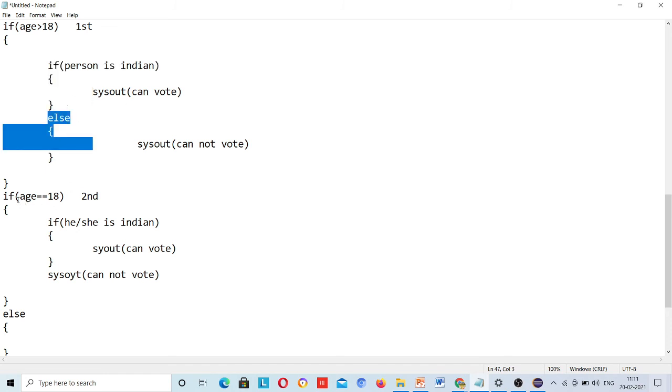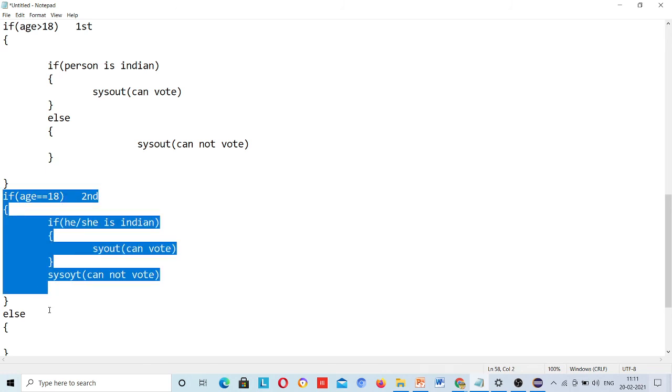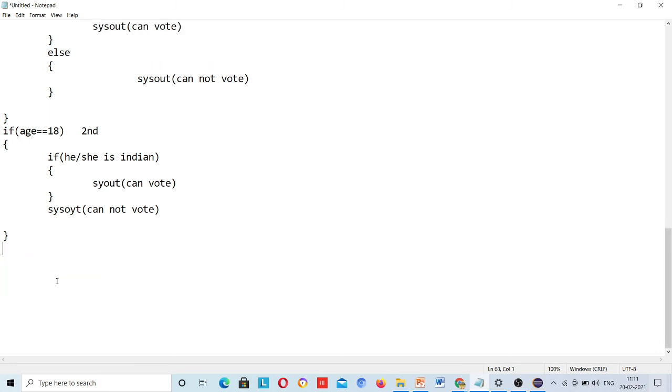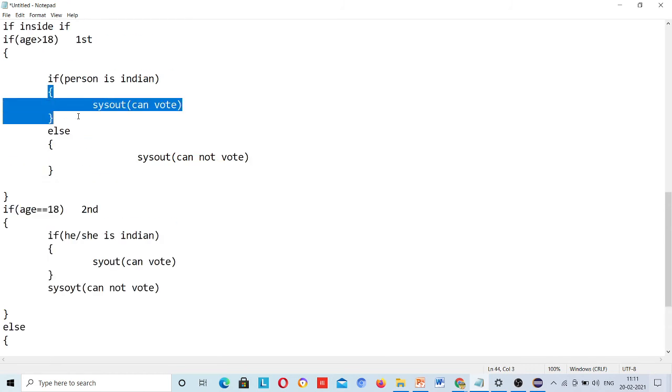Okay, if age is equal to 18, of course if age is greater than 18, then it will not be checking for this condition. Okay, but it will come here in the else part. You need not write this, right? Because if you write this else part, then of course it will be no, he cannot vote, because age is actually equal to 18 and came inside this if or this if. It's a lot of confusion, so just come here.